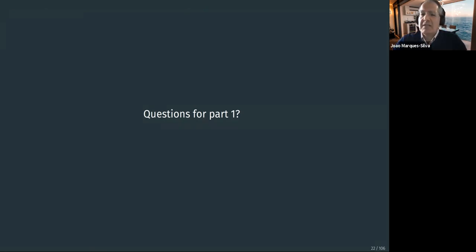Sure. So someone is asking, how about encoding activation functions like hyperbolic tangent or softmax? Again, as long as you can use nonlinear arithmetic, you can model it in logic. So that's not a problem. Now, there is a problem, of course, but it's not a modeling problem. The problem is computational. So it might be hard to solve in practice, or the complexity of the problem might be too high. But in terms of modeling, you can do it.